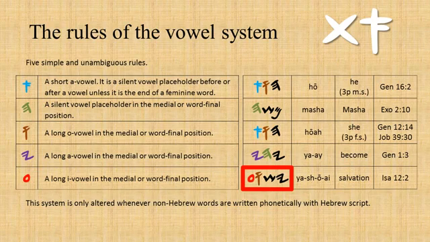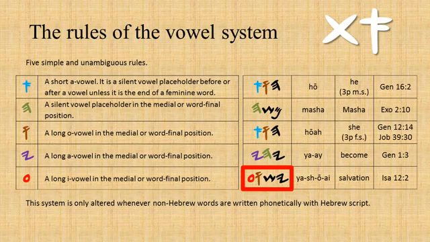The fifth letter, Ga, is always, without exception, the long I vowel when it is not the first letter of a word. Otherwise, it is that difficult to pronounce guttural we've talked about. The example shown in the chart is the noun salvation. The original and correct pronunciation of this word is not Yeshua. It is Yahshoi, with pure vowel sounds. The pronunciation Yeshua has two degraded vowels, a short E and a long U. The E is a contraction of the A vowel, and the long U is a contraction of the long O vowel, and we are deleting both.